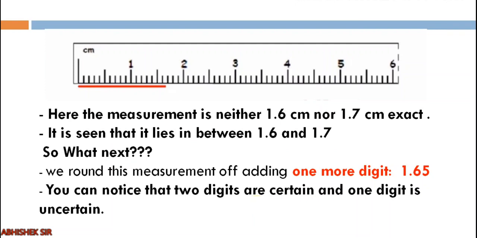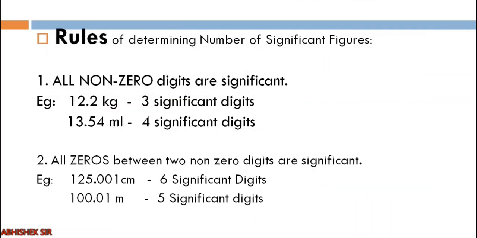Now, if you have understood this example, let us go for the rules one by one. There are 5 to 6 rules, and on the basis of each rule, I have given two examples. Remember one point only, that in all the examples, in all the rules, what we are taking care of is the digits. Clear? Now, starting with the very first rule, that is very easy. All non-zero digits are significant.